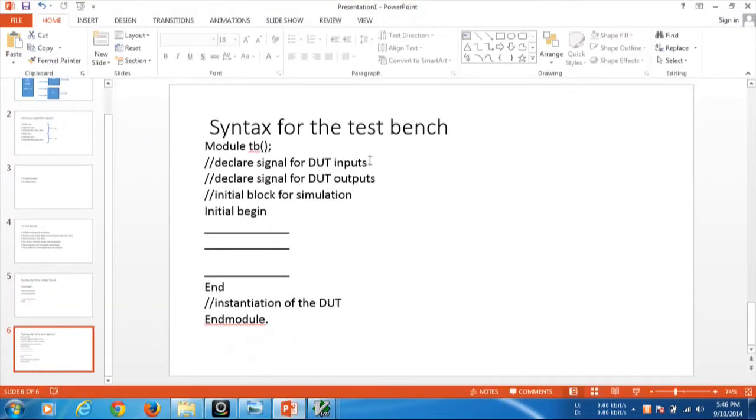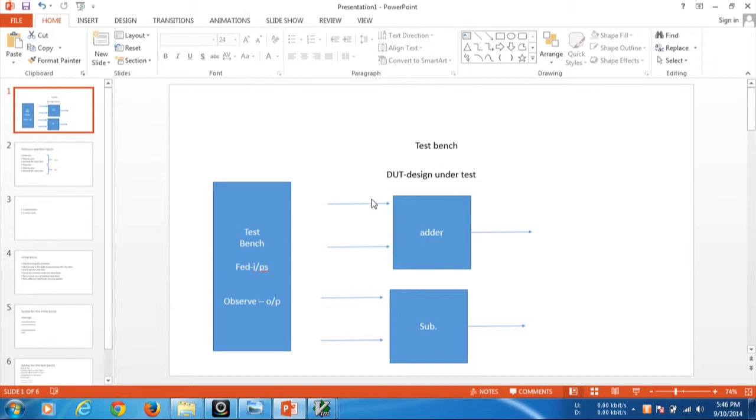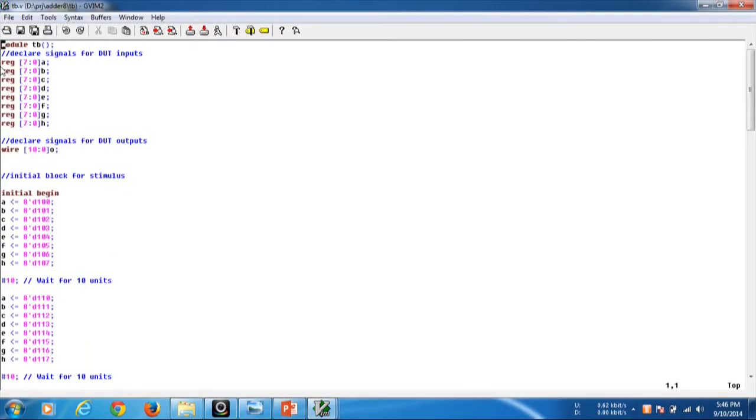While declaring signals for the DUT inputs, that means these signals which are inputs to the DUT should be declared with the keyword reg, similar to the wire which you have declared in the instantiation during design in the RTL folder.